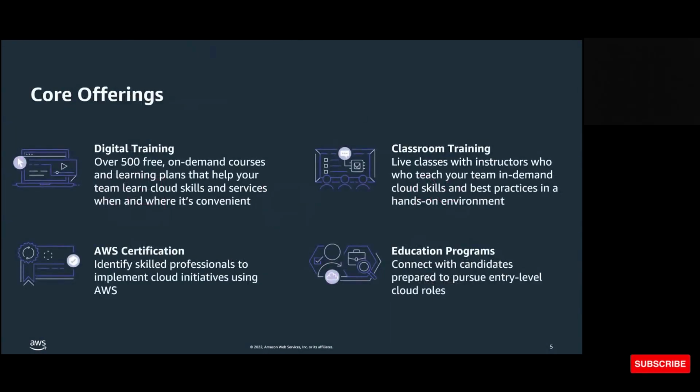And we have different kinds of offerings when it comes to AWS and how we go to market. So we have digital training, which is over 500 online free-of-cost trainings. And now we've launched our Skill Builder, which is the AWS-owned LMS, and you can sign up to it on an individual subscription, and it gives you access to thousands and thousands of AWS-approved curriculum, lab access, a gamified approach to learning, and so on. So this is one way.